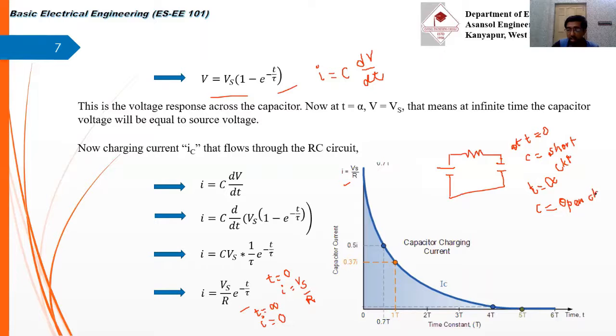And you already know that when a circuit is open at one terminal, no current will flow, because for current to flow in the circuit, there must be a closed path. Okay. So at t tends to infinity, the capacitor is open circuit, and the voltage across the capacitor will be equal to the source voltage. Okay, so this is the capacitor charging circuit, and the current flowing is called capacitor charging current.